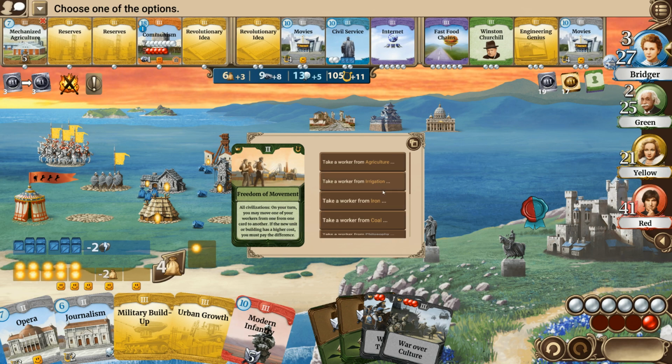On my turn, I can move one of my workers from one card to another. This is actually going to be great because I can take it from something I don't need it in and give it to... So let's take it from, say, the religion, which we don't need, or from philosophy. We don't need philosophy because we're going to try to get journalism or something anyway. The opera is actually better than the religion. So let's take it from the religion, and we can move it to...